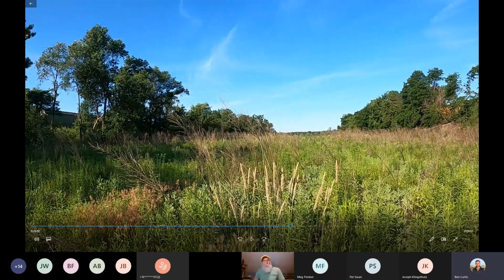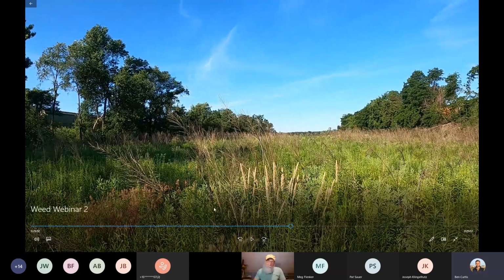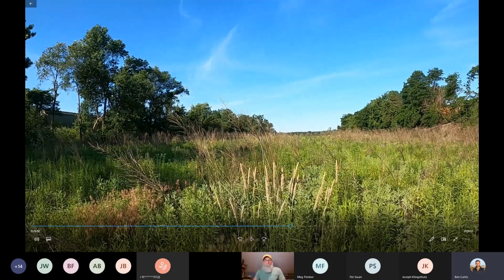The point of my research is that I'm trying to find the best way to kill reed canary grass without killing the native sedge meadow species. In particular, I'm concerned about Calamagrostis canadensis, which is a native grass that also is a co-dominant and important species of the sedges, but it's a grass. So it's going to be susceptible to